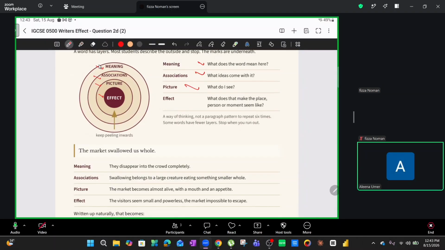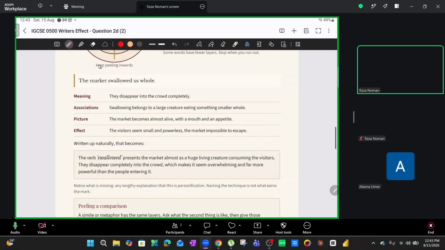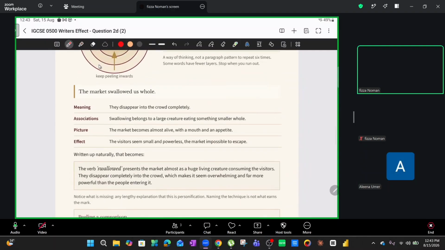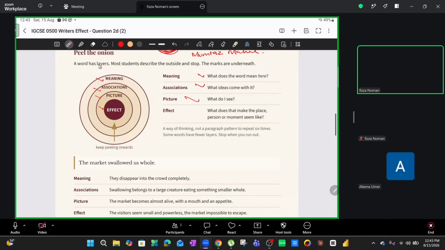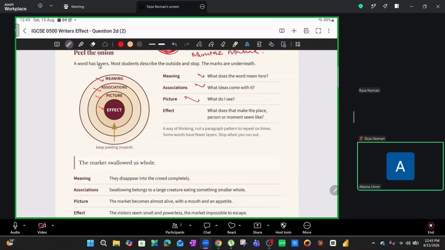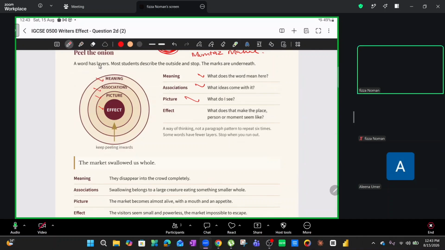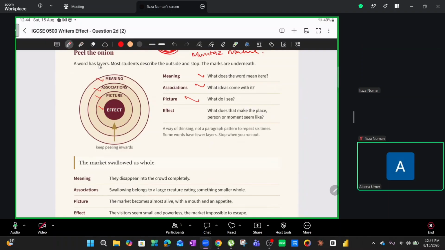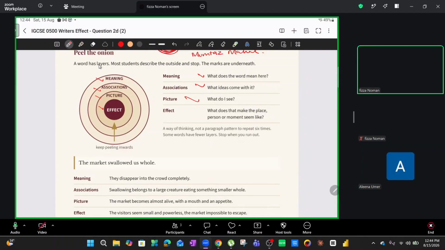Yes. So let's suppose अब my sentence is the market swallowed us whole. अब swallowed से एकदम से आपके mind में क्या आया है, मुझे बताओ. Association क्या बनी है? A whale eating something. Very good, Alina. That was the picture that came in my mind as well. और a snake, क्योंकि हमने बचपन से सुना है कि a snake swallows their prey alive, right? Properly, it doesn't break it up into pieces, right? Yes. Very good, excellent, मेरा बेटा.